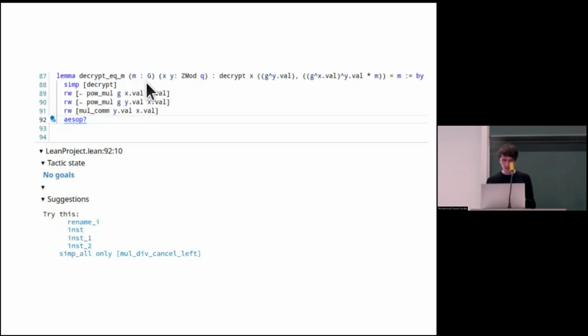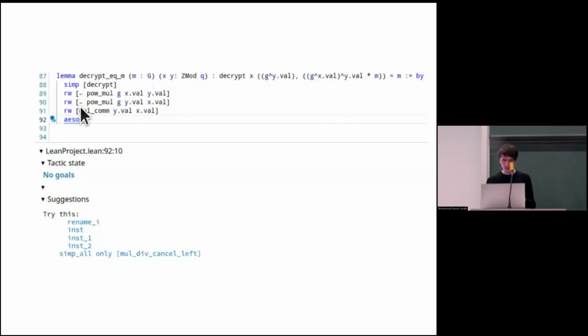Later, for the security proof, one needs the assumption that the group one works in satisfies the so-called Diffie-Hellman decisional assumption, meaning that the triple g to the x, g to the y, g to the z, and the triple g to the x, g to the y, g to the x times y cannot be distinguished, up to a bounding probability. Right? And this can be formalized